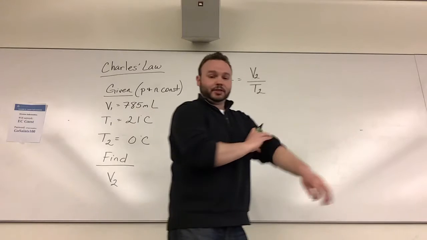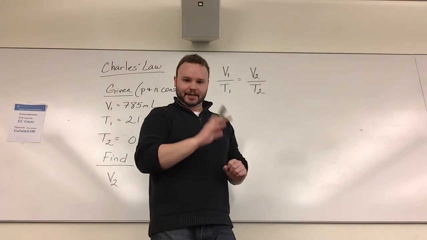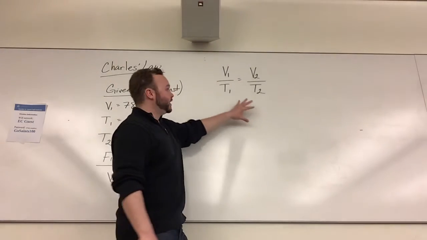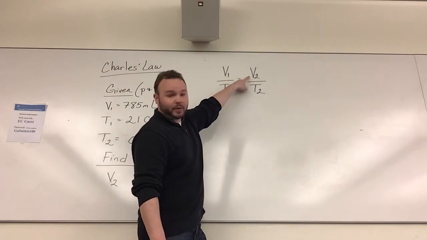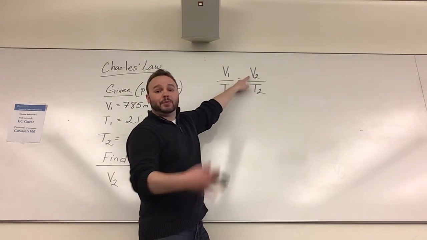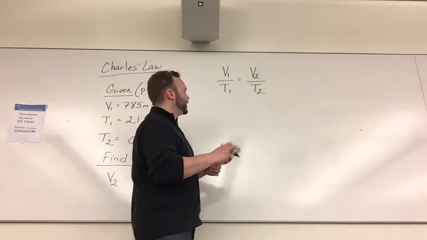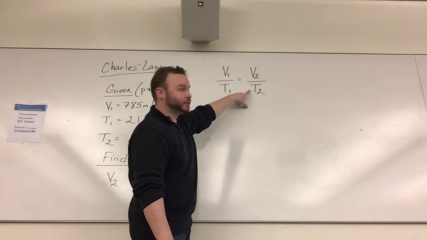So the way I want to attack this problem, I'm going to give you two different ways. When I did Boyle's Law, we did numbers first and then rearranged and did the math. Here I want to give you another strategy where, instead of adding numbers first, let's rearrange the equation to just solve for what I want, which is V2, and then we'll add in the numbers. So there's Charles' Law. If I'm solving for V2, I multiply both sides by T2,